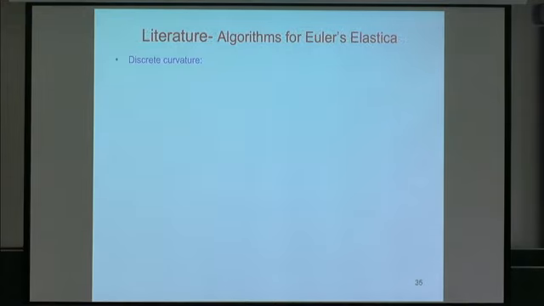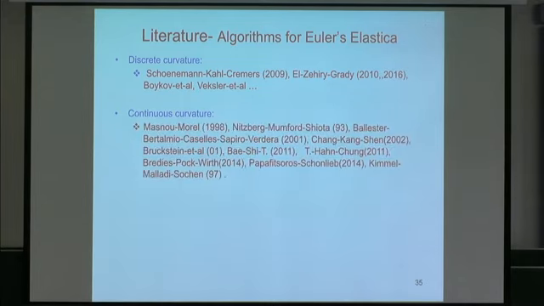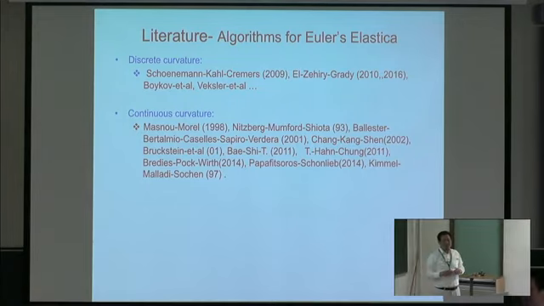Also, in the literature, there are quite some methods, and Antonin listed quite a number of approaches. Here I'm also pointing to some of them, not all of them. I'm trying to say that in the literature, there are two different ways to deal with the curvature. One, I would say, is called discretized curvature, which means you have a grid, and on the grid you define something like a curvature, like curvature equal to d theta ds. So on the grid, you can define the d theta ds and mimic the curvature. And this could give you some